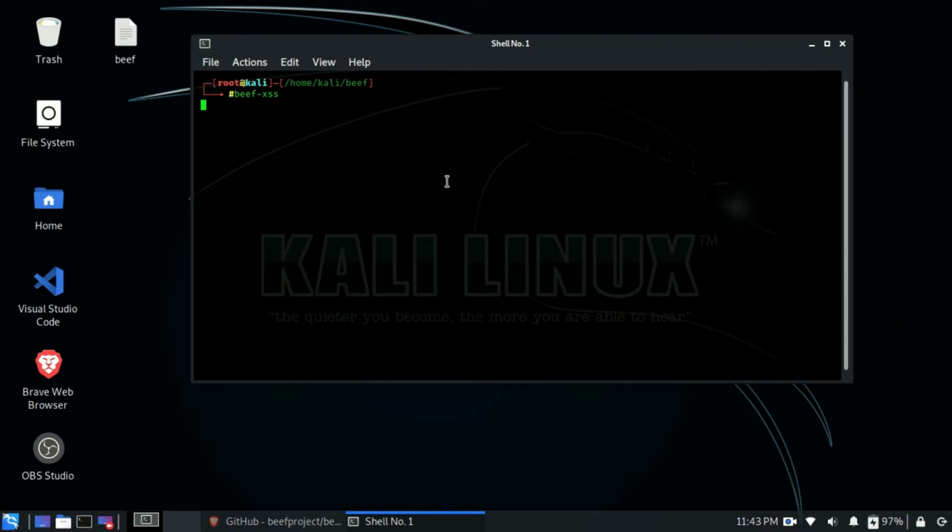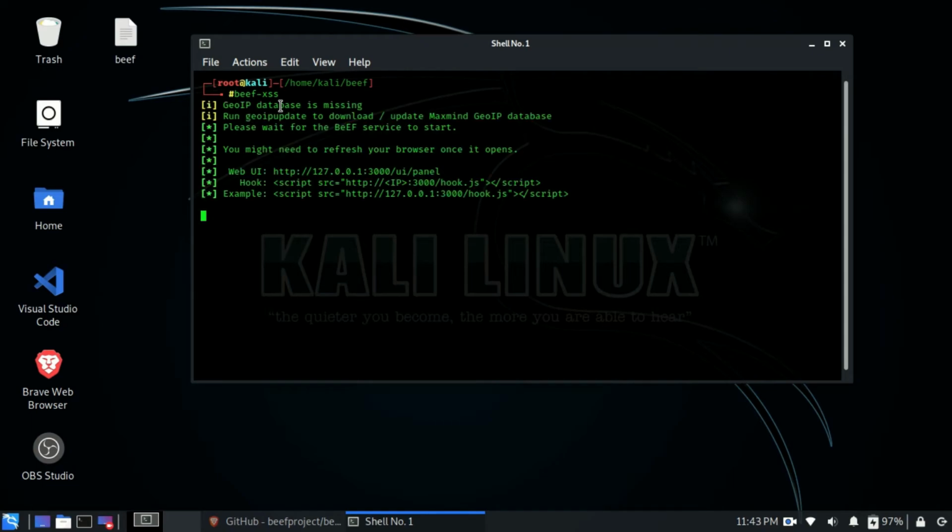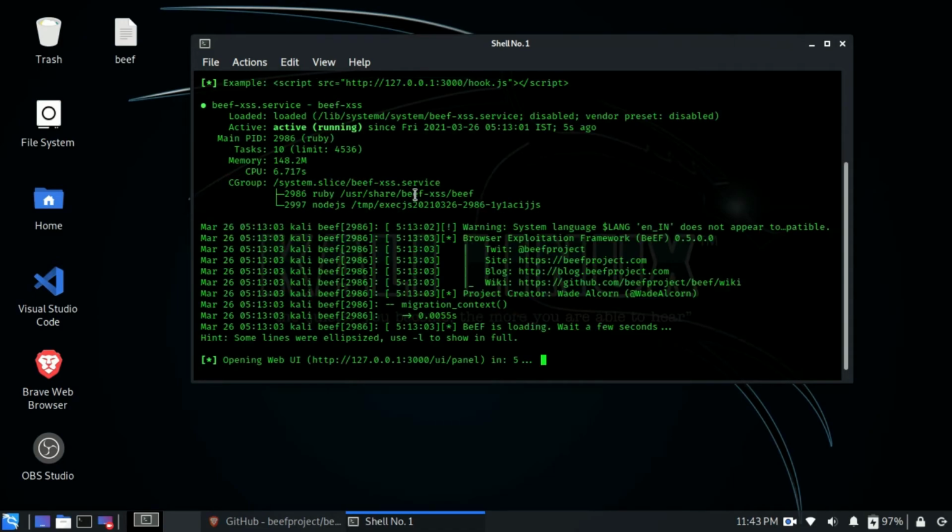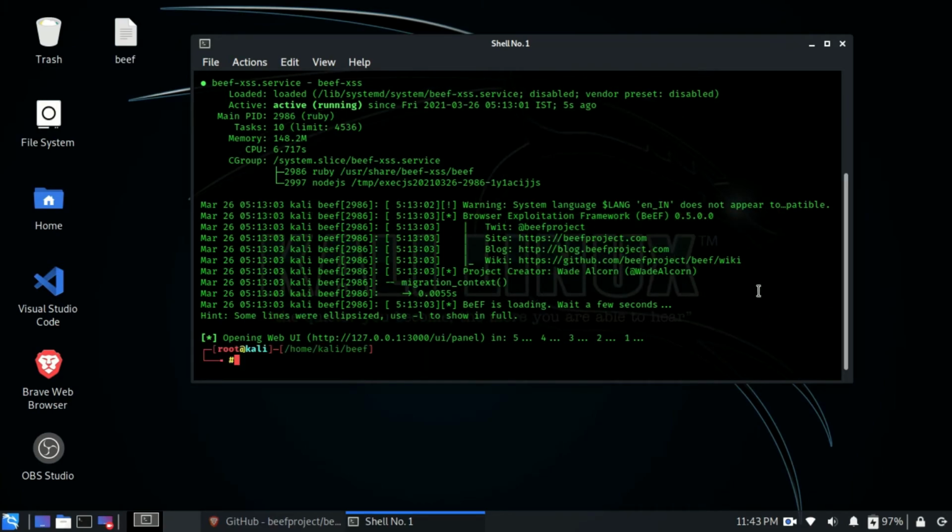As soon as I press enter, as you can see, beef-xss is now started. It's showing some messages that look like errors, but you do not need to be worried, it's not actually an error, it's showing some information. It says opening web UI, but it did not open any window in my browser.